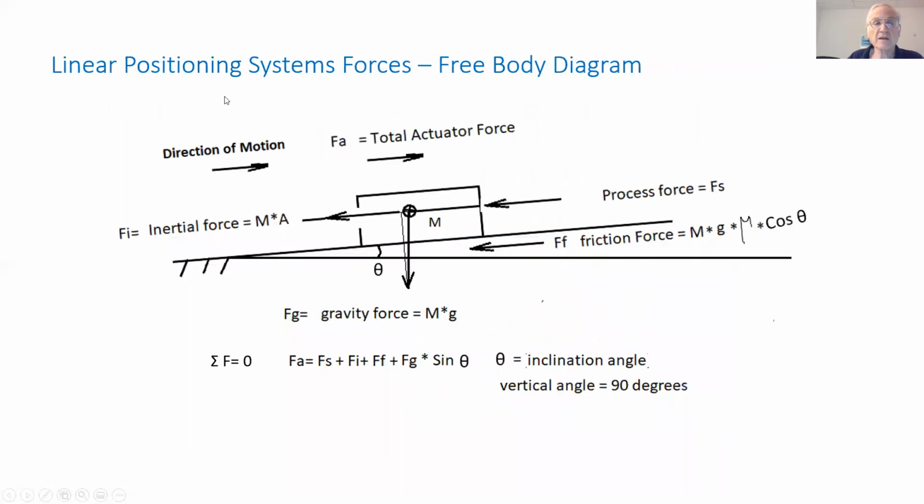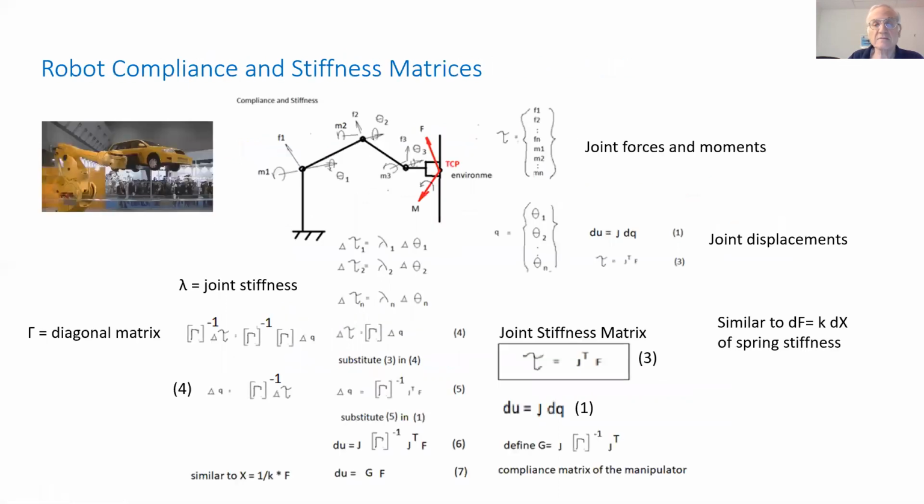When we're talking about force analysis, again, we take the free body diagram. We have to account for all the forces: the inertial forces, gravitational forces, friction forces, process forces. Add them all up, sum them to zero. And the inertial forces may be dynamic. A steady state is just mass times acceleration. And if it's dynamic, it's mass times dv/dt. And then we have to integrate that.